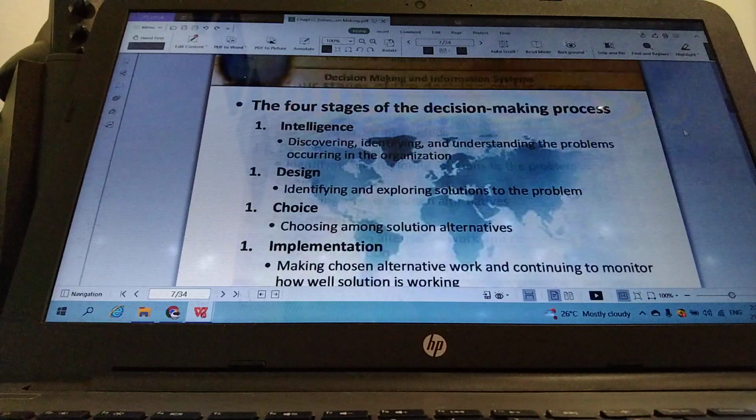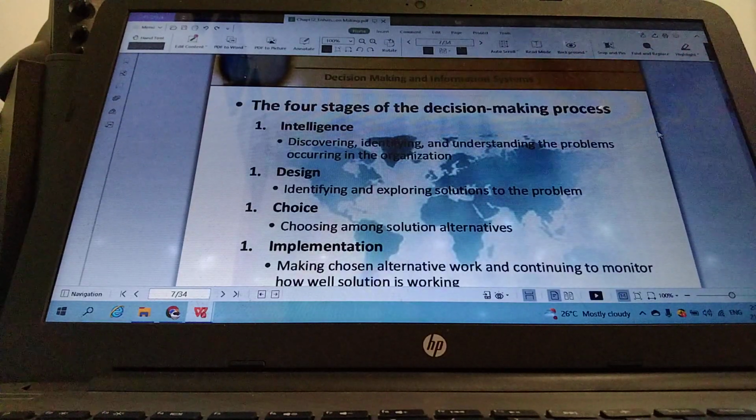Okay, with that, I'm going to continue the 4 stages of decision making process. Remember, we also need to look at how the decision making process works. So there are 4 stages of decision making process. One is based on intelligence,